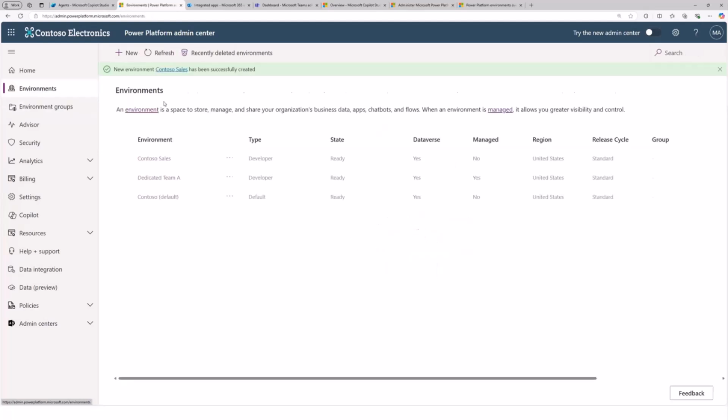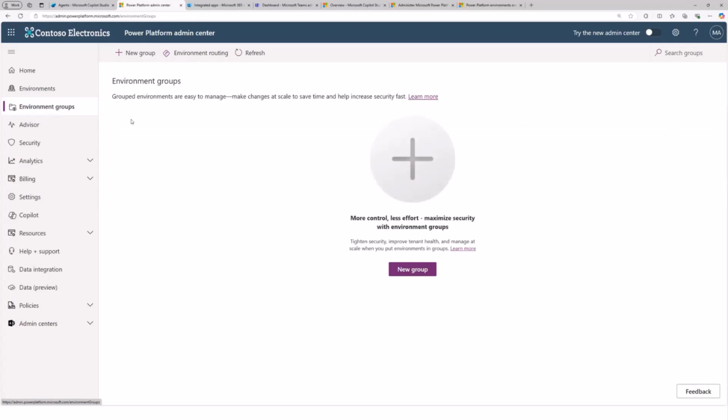All right. So in an enterprise, it's not uncommon to have a lot of environments that get created. And as an admin, managing those environments becomes very challenging, right? When you have so many environments. So we have introduced what we call environment groups.